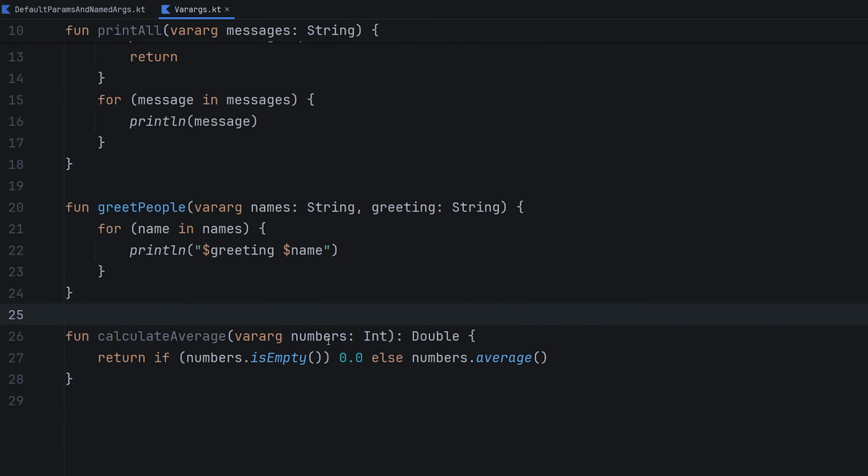This one takes in a variable arguments list of integers. It returns a double. And all this will do is check to see if the numbers vararg is empty or not. Because again, you can pass in none if you want to. If it's empty, then the average is going to be 0. If it's not empty, then you're going to do dot average, which will automatically take the average of all